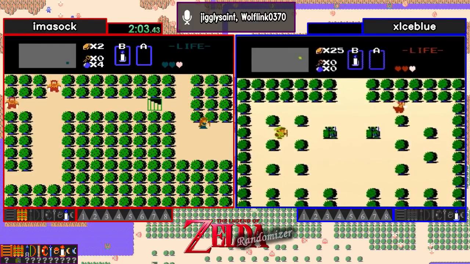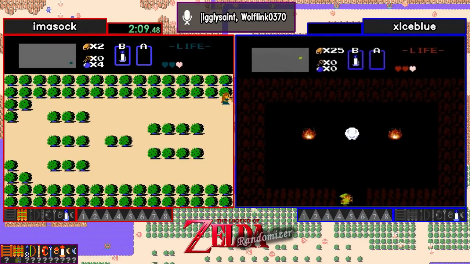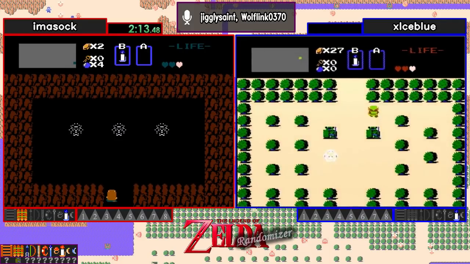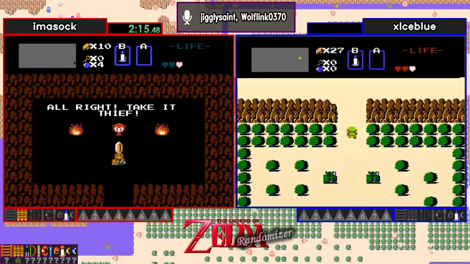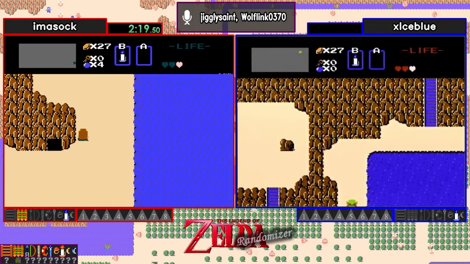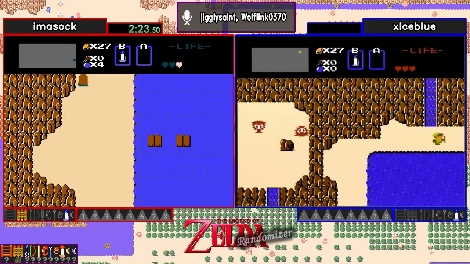Ooh, Sock, though, getting lucky and getting a bomb drop off a blue Octorok. Now, one good strategy that could be employed on that particular screen is to sacrifice some of your bombs, try and defeat some of those Lionels, and then leave the screen, so you can lock it in place. And that way, as long as at least one Lionel is still on the screen,